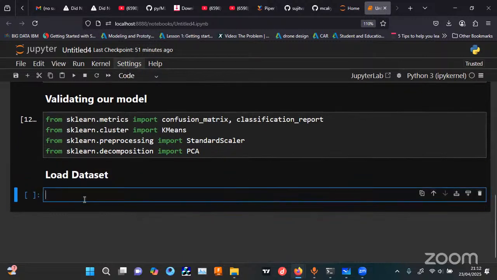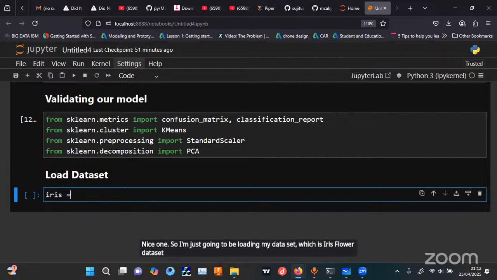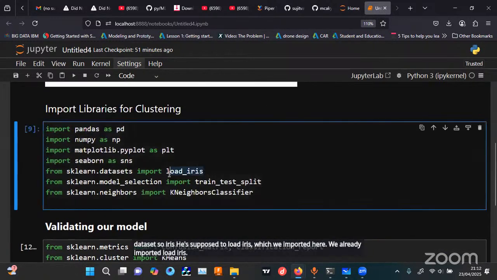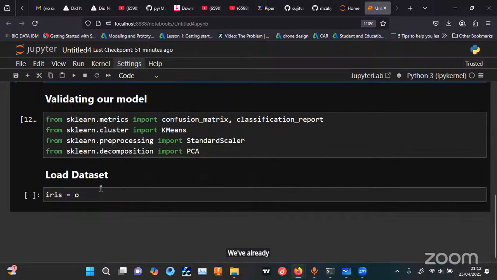Nice one. So I'm just going to be loading my data set, which is the iris flower data set. So iris is equal to what? Load iris, which we imported here. We already imported load iris. We've already done some of these things